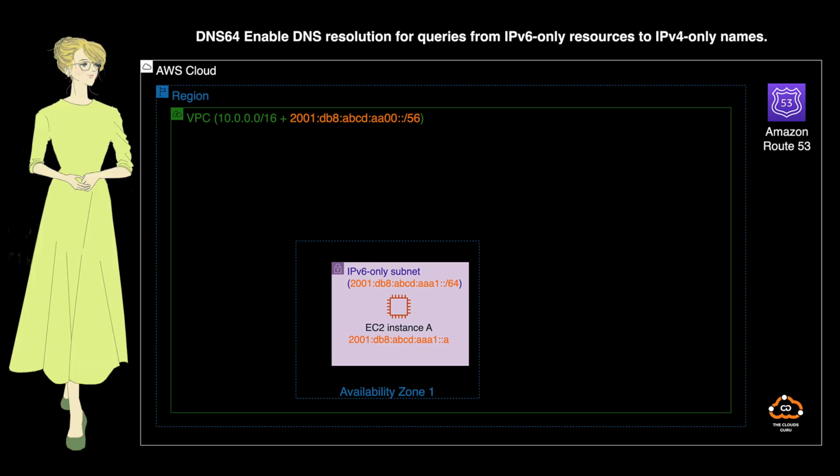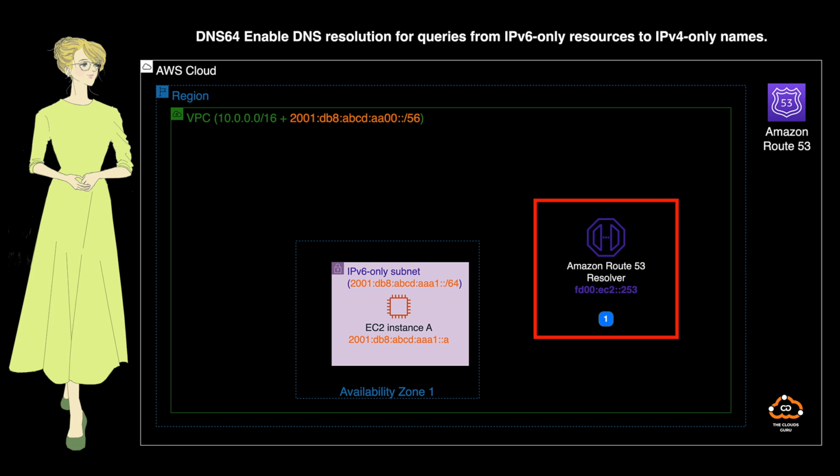Building VPC connectivity with AWS Transit Gateway was, I'm sure, very informative. Moving on to our fifth scenario, we will enable DNS resolution for queries from IPv6-only subnet resources to IPv4-only names. When you create a VPC, the Amazon Route 53 resolver that is created by default maps to a DNS server that runs on a reserved IPv4 address for the VPC network range, plus 2. For the IPv6 stack, the Route 53 resolver can be reached at the local address FD